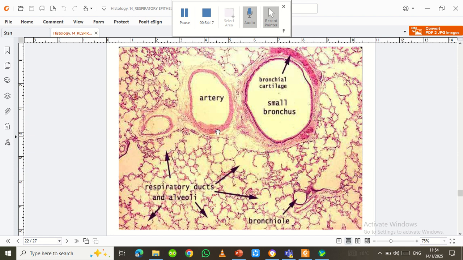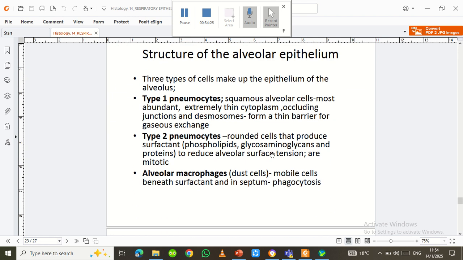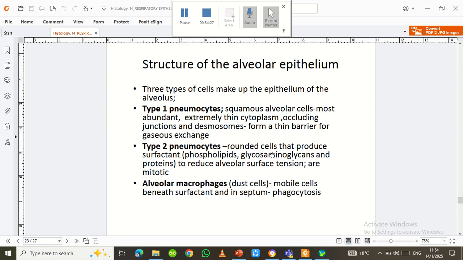You can see this is an artery. This is another artery. You see. Right. So